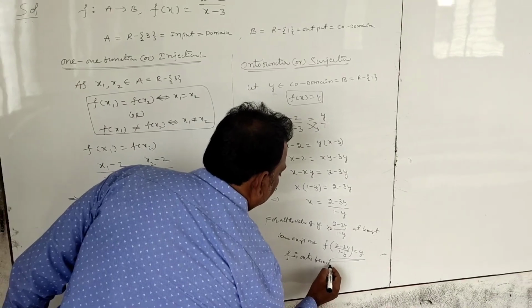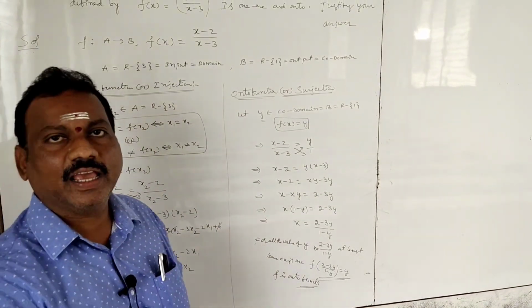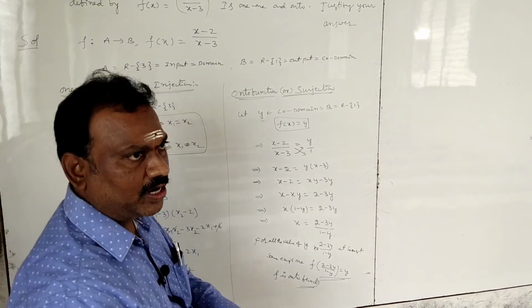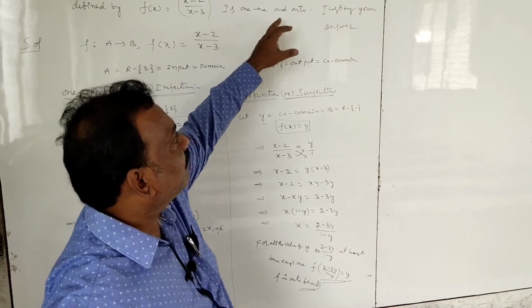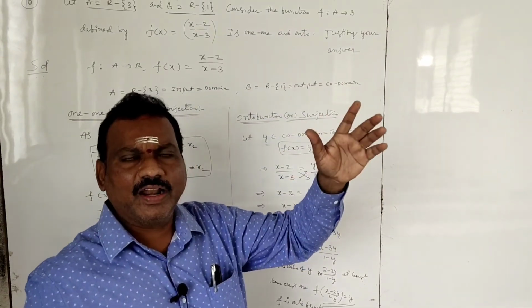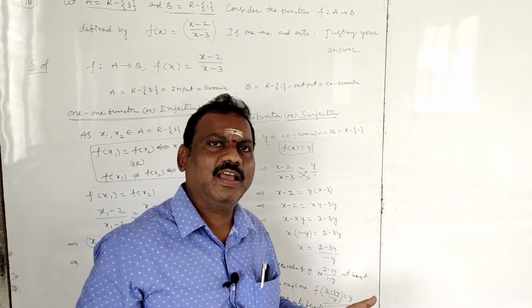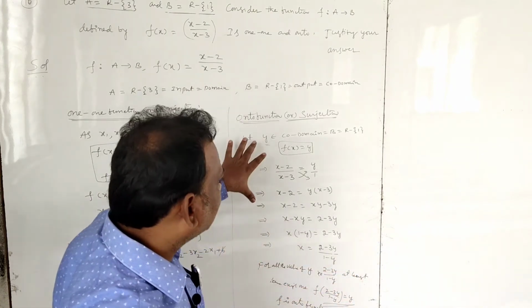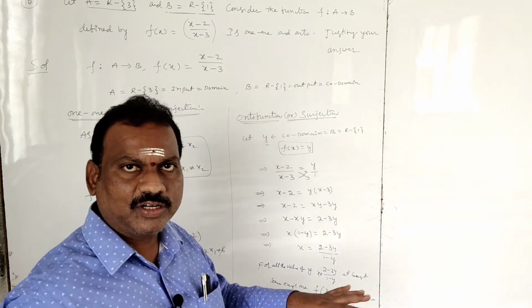f is an onto function. So it is 1-1 and onto, hence it is bijective also. They don't ask to show that it is bijective, they are just asking whether it is 1-1 and onto or not. Yes, it is 1-1 as well as onto. If it is 1-1 and onto, it satisfies bijective. So for an onto function, always you have to do the mathematical definition like this, students. Understood? Right.